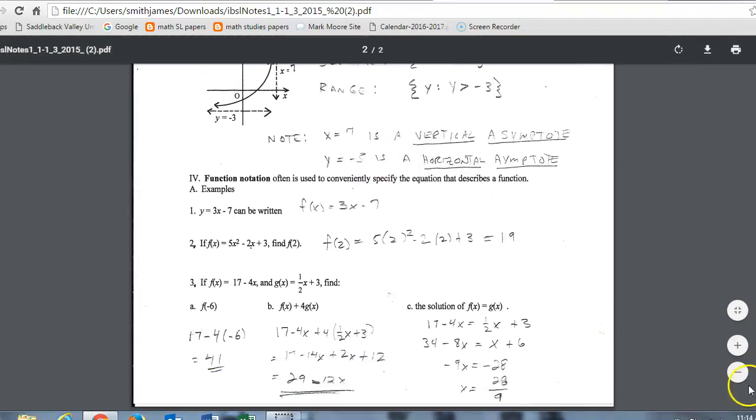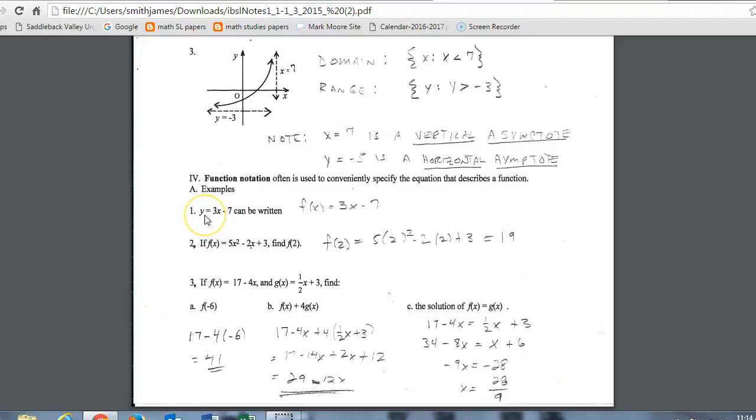And the last part, kind of some notation issues and some pretty simple substitution down here. If I have the equation y equals 3x minus 7, just a notation that we've seen before, it can be written as f of x instead of y. It means the same thing. Anytime you see f of x is the same thing as a y value. Simply means that if I were to sub in a number for x, this is my result, is the y